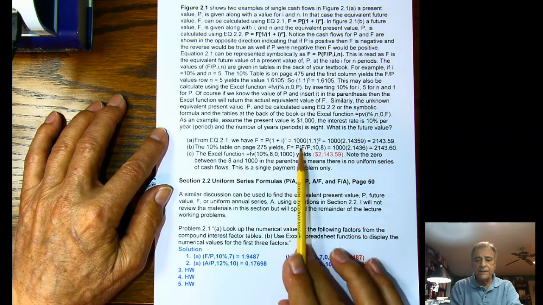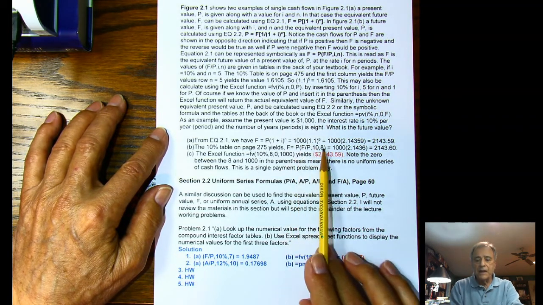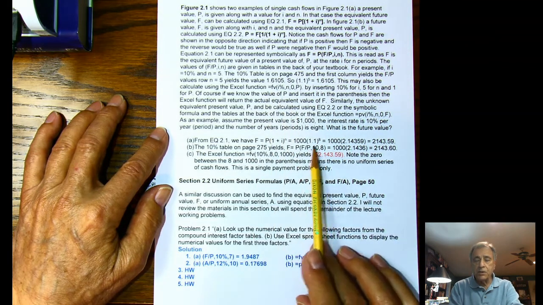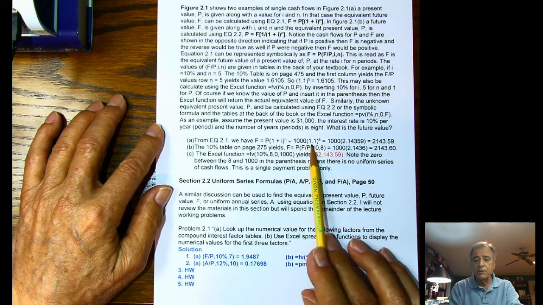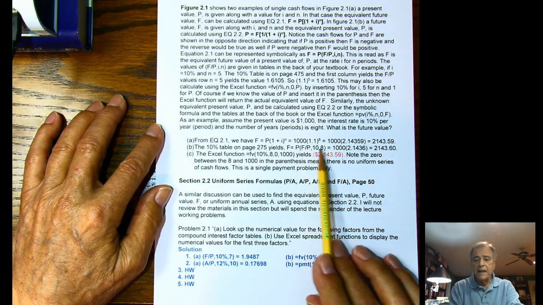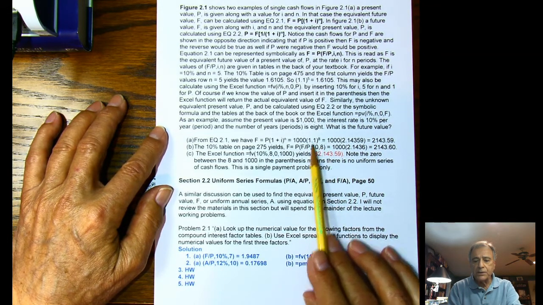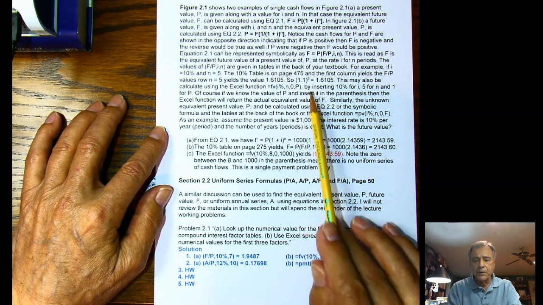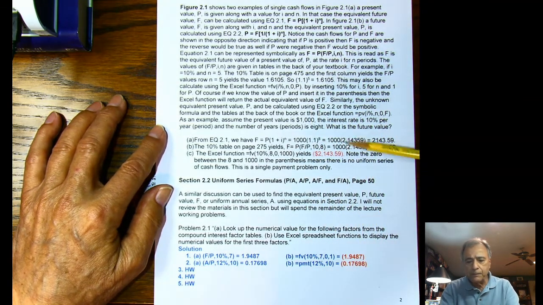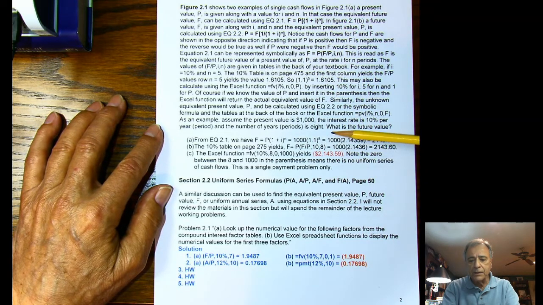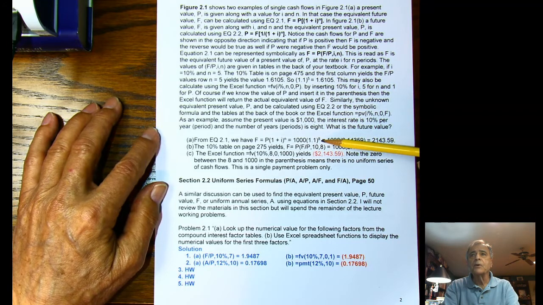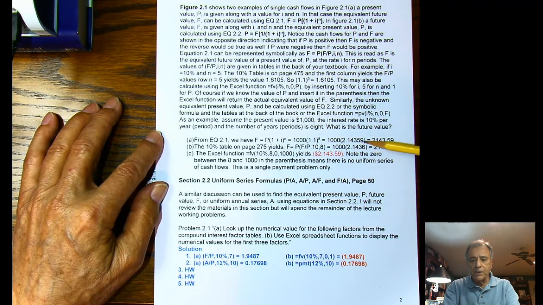So P is $1,000. 1 plus I, where I is 10%, or as a decimal, it's 0.1, would be 1.1, and you'd raise that to some power. In this particular example, I use 8 for the power. And so when we compute that,